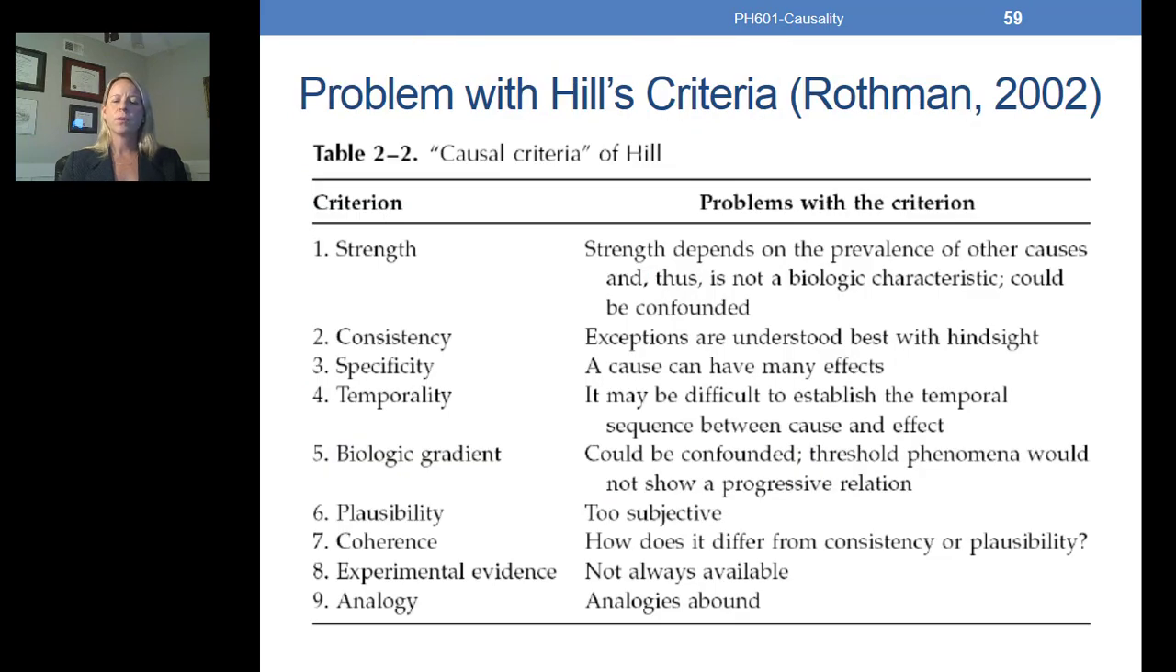Now, this table comes from the Rothman paper that summarizes the key problems with those 9 criteria that were specified by Hill. And again, I would say that the temporality criterion has to be met. It's very difficult to find problems with that criterion. Now, Rothman will say that it may be difficult to establish a temporal sequence between cause and effect. But again, fundamentally, in order to prove causation, you have to be able to show that temporality. The other arguments make sense and should be taken into consideration when viewing these different criteria,